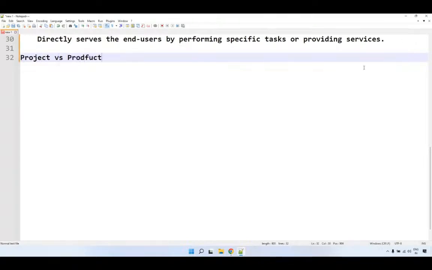Very, very important terminology, guys. Most of the people might not be knowing this. Project versus product. What is a project? What is a product? When I talk about project, suppose you are working in a company,